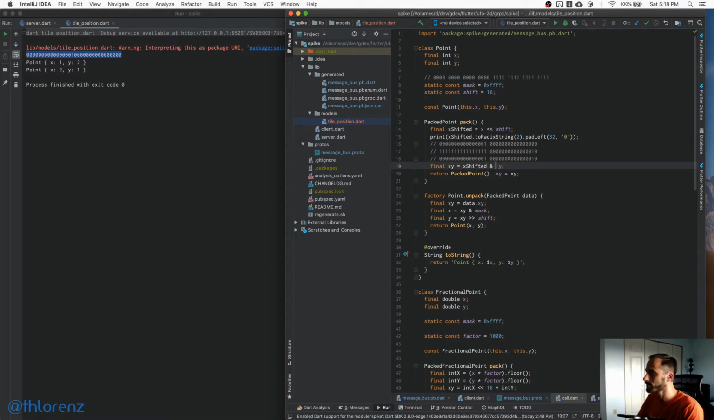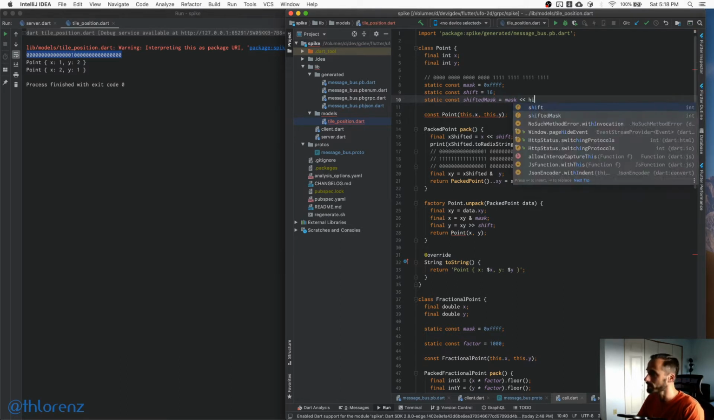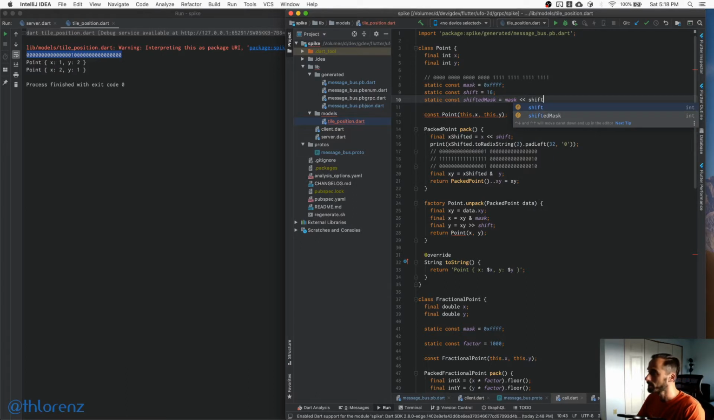So we can just say that we're going to, so the mask is this one. So we can basically take the shifted mask, and we basically say this is like our mask, and we shift it to the right, whatever the shift is, to the left, right? So that means that now we have